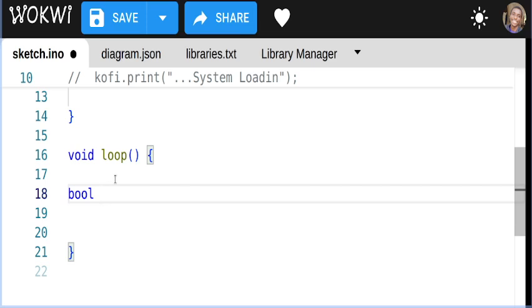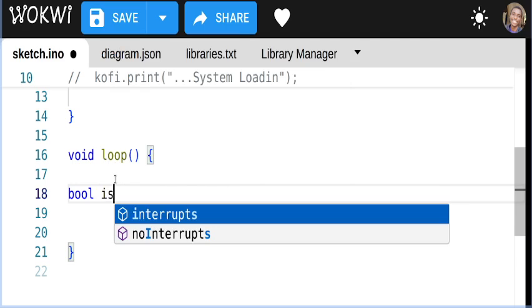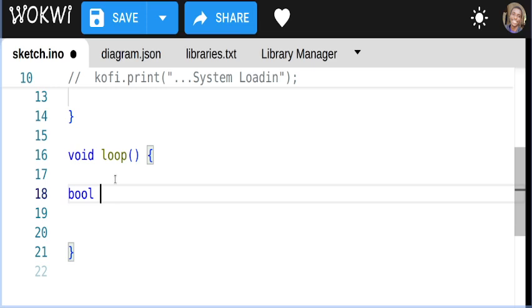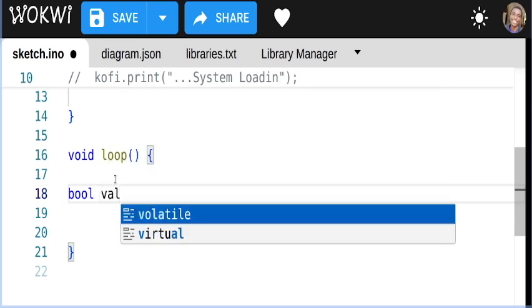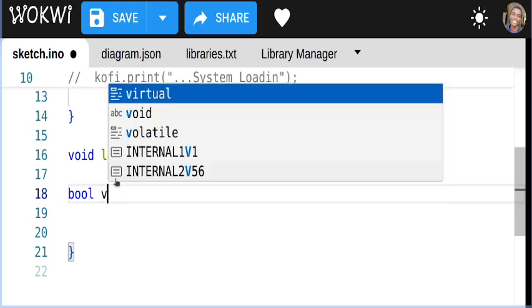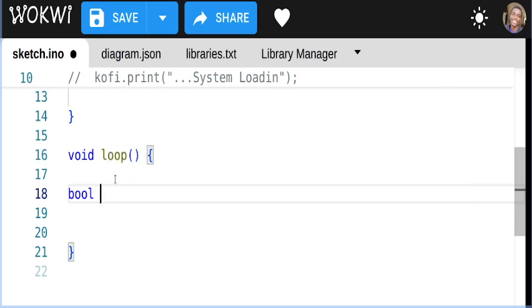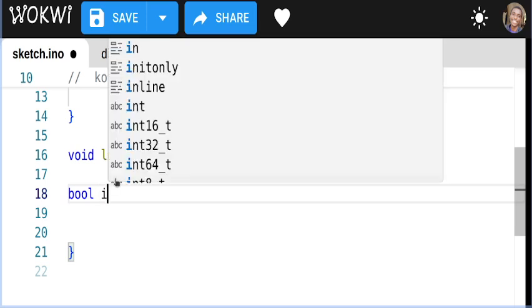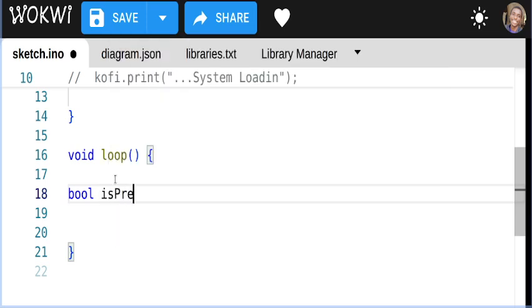So we'll call it bool isPressed. Again, isPressed is just a variable name, so don't get confused. I'm also using camel casing. Bool isPressed,